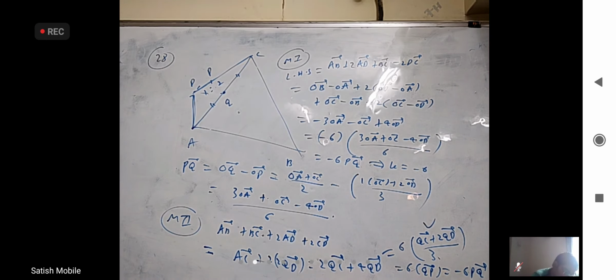Sir, is this method correct or not? I did it in a different method. AC is AB plus BC. AQ equal to QC equal to AC by 2. DP is DC by 3. PC is 2 times DC by 3, that is also okay. AC is AD plus DC. PC is PQ plus QC. That's like position vectors. It's okay, fine. So I substituted all these.